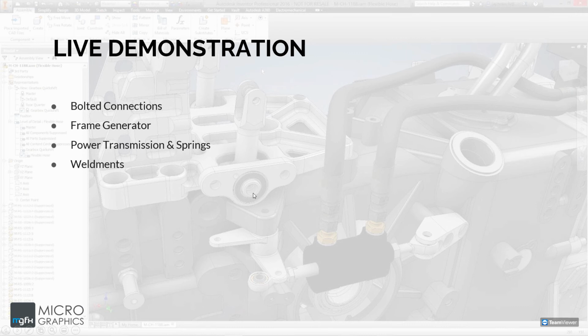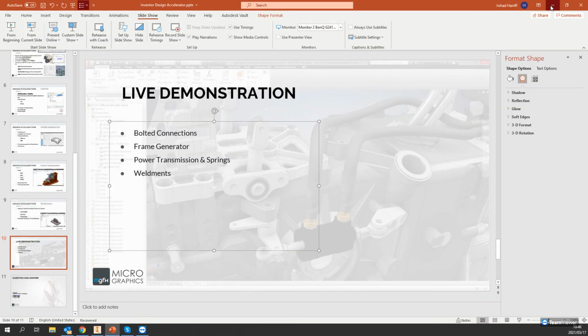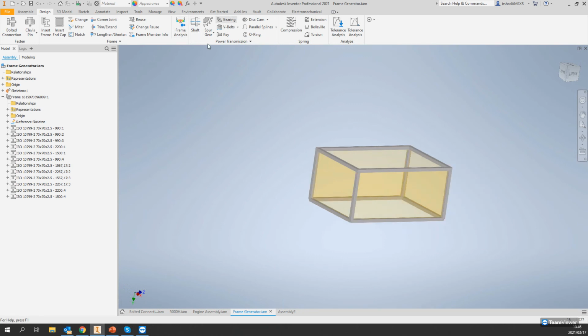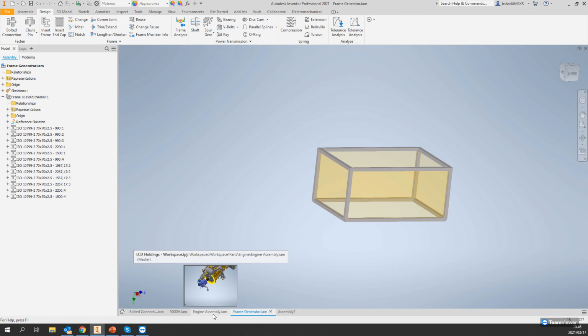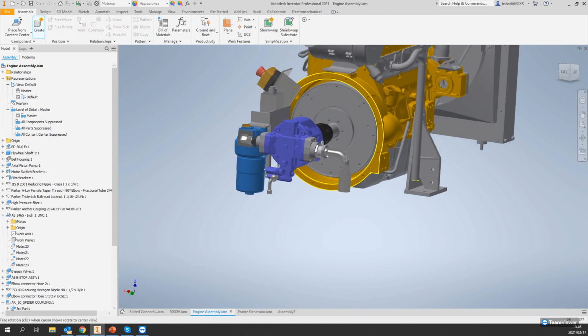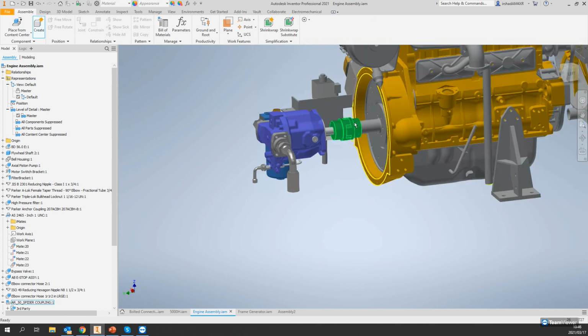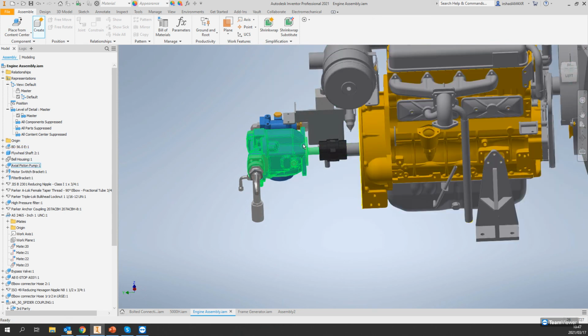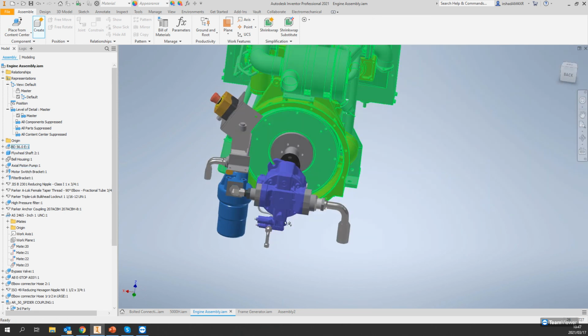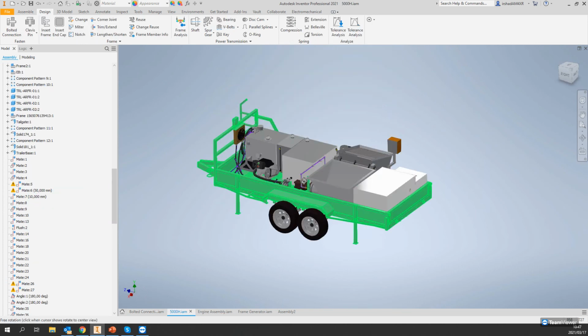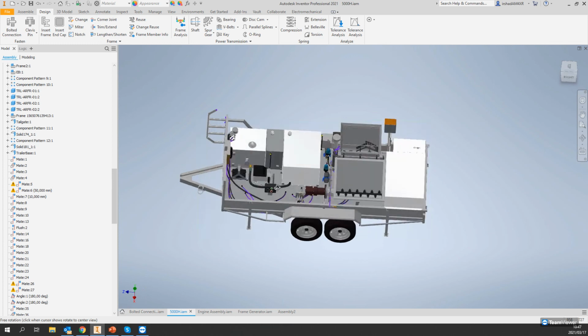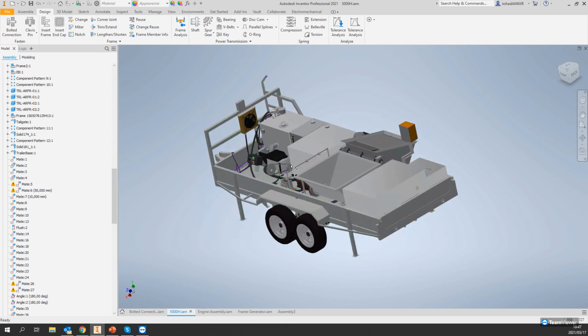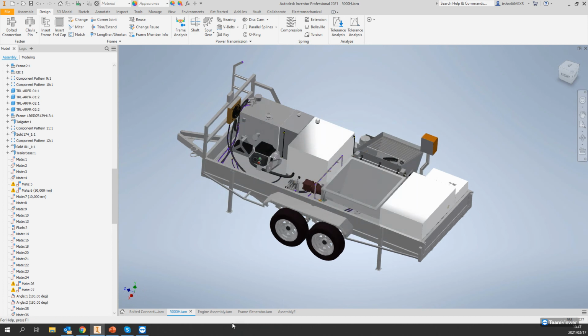And now we're going to discuss power transmission and springs. So let us look at power transmission. We have, for example, let's just take a completely blank assembly. Now, you can see this engine set up here. I wanted to connect these two separate components that I got to put in a larger assembly, which is here if you want to see it. It's basically this. Right? I wanted to put this sort of engine here and connect some of the power transmission